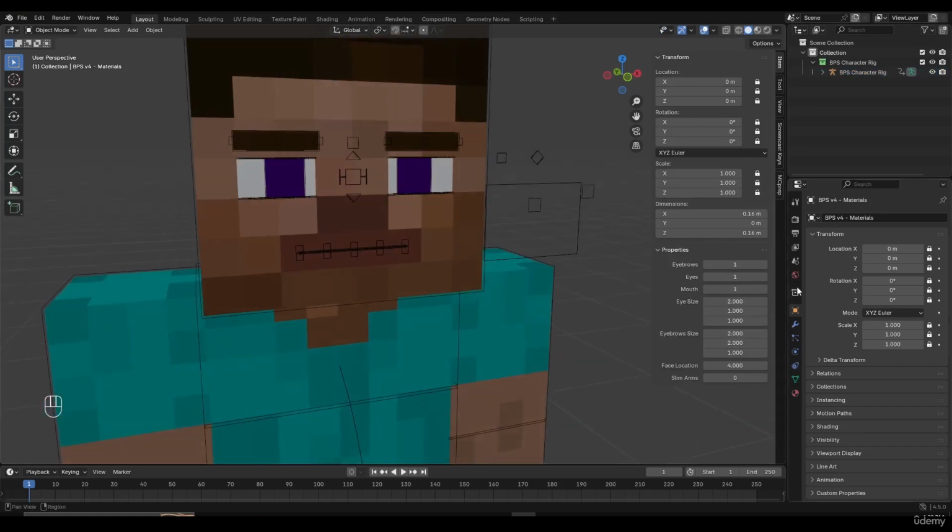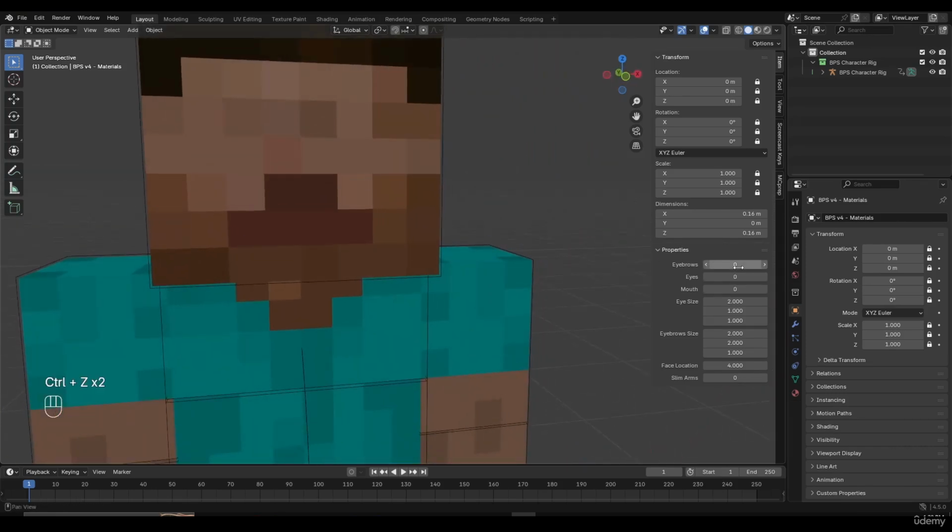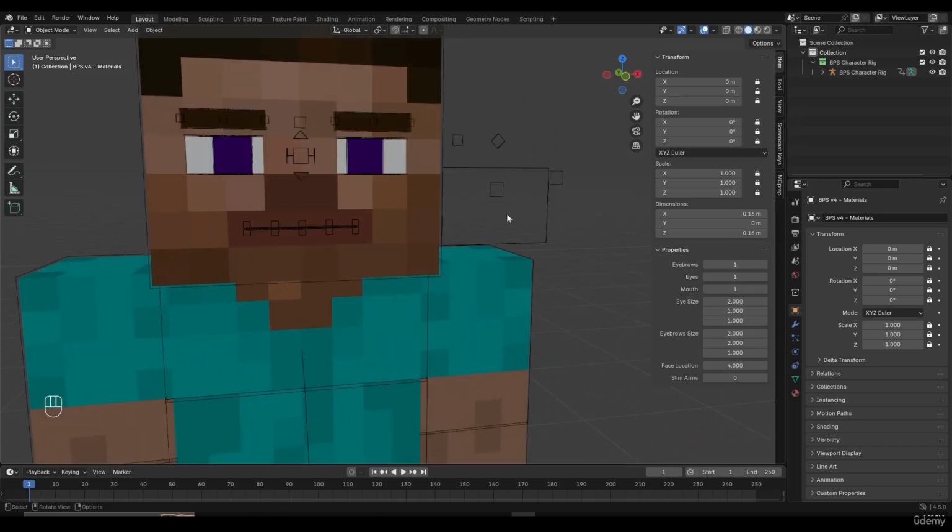So I can change the appearance of the eyebrows like this, make them appear or disappear. I can change the eyes. I can change the mouth. And if I drag this down, I can actually make the face disappear altogether if you don't want any facial expressions. Now I'm going to enable the face because I want to show you how to change different parts of